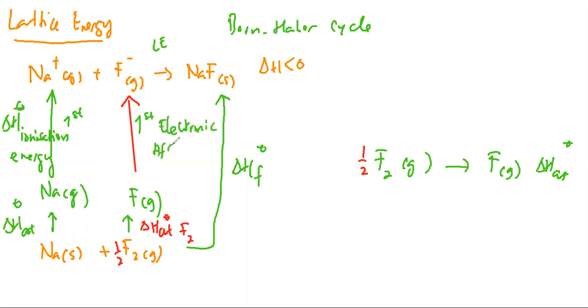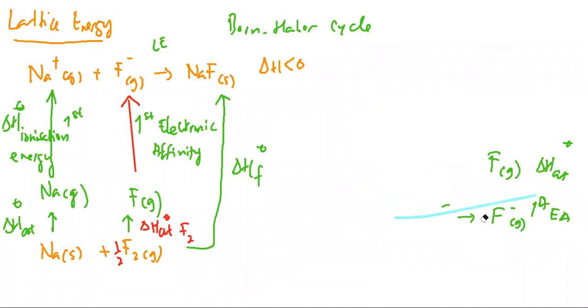Electron affinity. The first value of electron affinity means that we introduce an electron: F(g) + e⁻ goes to F⁻(g). So this is the first electron affinity of F. Now I have F⁻. Now, to calculate the value of lattice energy,